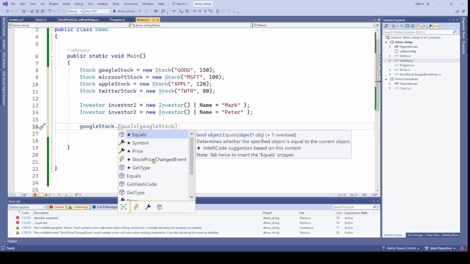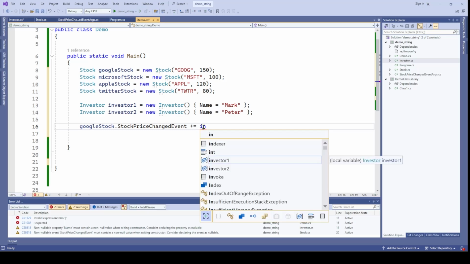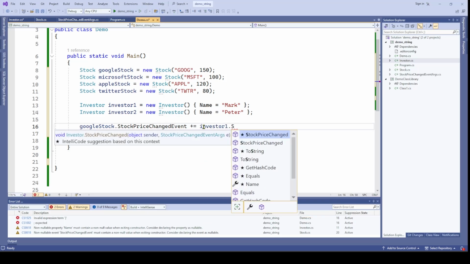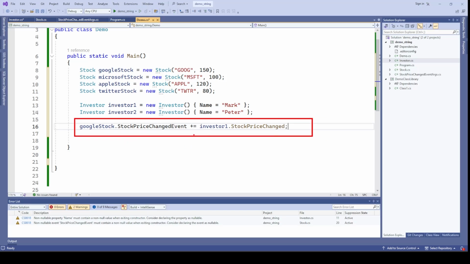Okay, so let's use this event, and to subscribe we need to use the plus equal to operator. And which investor wants to subscribe? Investor one wants to subscribe to this stock, right? So let's say investor one dot stock price changed. So basically what will happen here is we have said investor one is subscribed to this event. So whenever this event occurs, this method will be invoked, right? Whenever the price of Google stock is changed, this particular method will be invoked